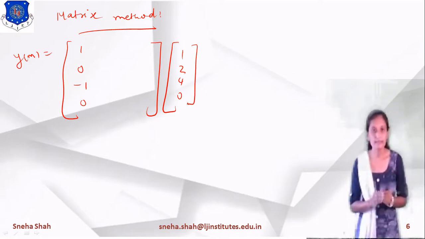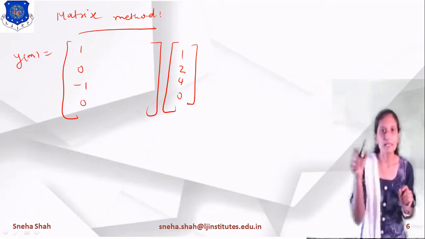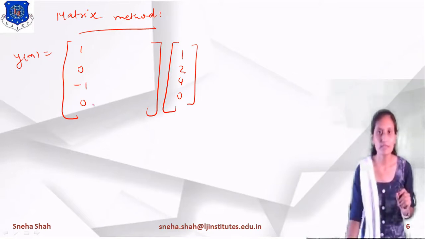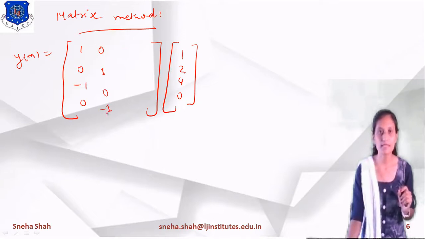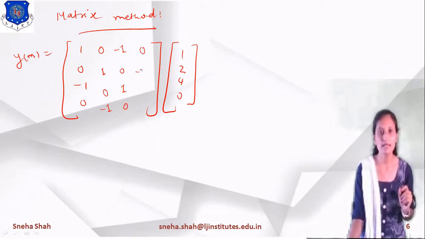So I have written x of n and h of n in matrix form, in column form. Now this term will be shifted like this. The last term shifts over here, this one goes over here, 0 goes over here, and minus 1 goes over here. Same way we will represent it. This minus 1 comes here, 0 1 0. The last 0 comes here, and the next one is minus 1 0 and 1.